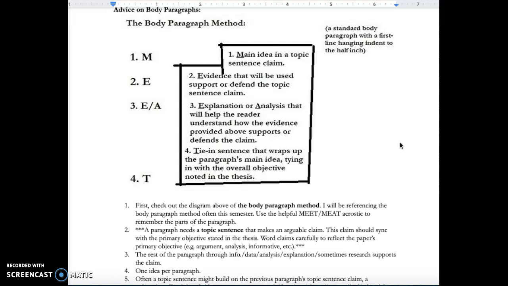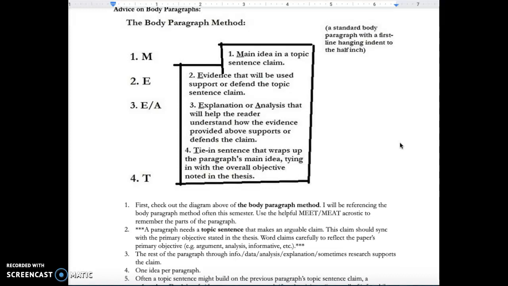But anyway, this stands for, as you can see in my little drawing there, M stands for main idea, and your main idea should be articulated in a topic sentence that makes a claim. E stands for evidence, and evidence is just information that's used to help you defend the claim that you make